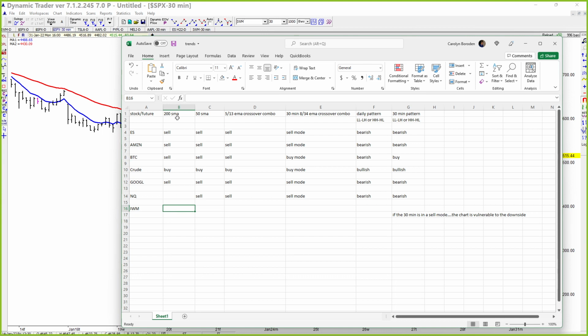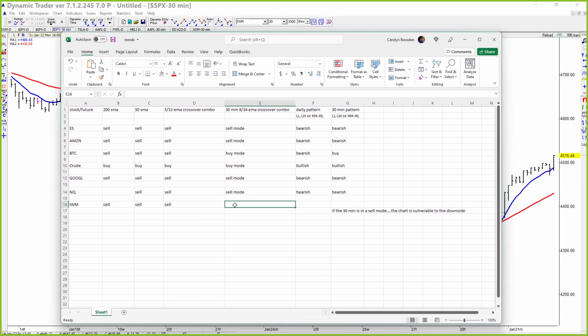IWM, and if we're looking at the daily chart and the 200 SMA, we're in a sell mode with the 200. And then if you look at the 50, our price was below the 50 also, so I consider that to be in a sell mode. Then the 513 EMA crossover was also considered to be in a sell mode with the 5 below the 13. And then if you look at the 30-minute chart though, now this one with the 834 is in a buy mode. So what you really want to do with this is wait until this shifts back to a sell mode,